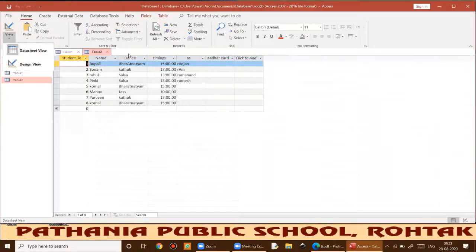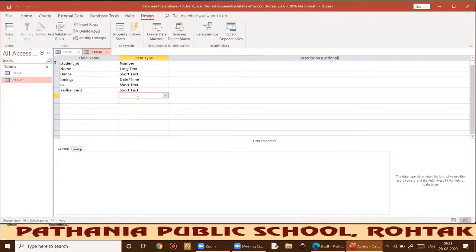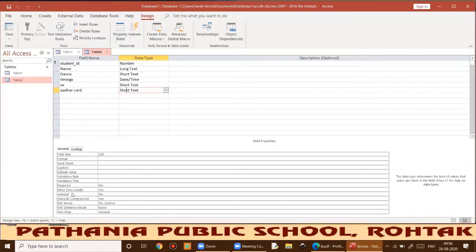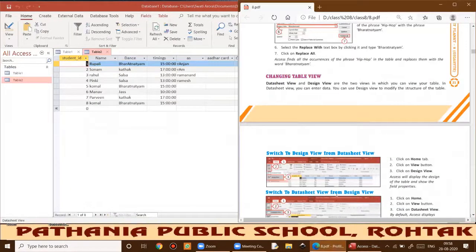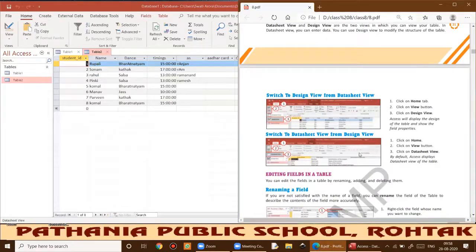Datasheet view will allow you to enter the data inside the table and make modifications in that table, and design view will help you to set the format, or we can say layout, of the particular field, and it will also allow you to set its properties and give a description. Especially the properties and the description are available in your design view. So I'm switching back to my datasheet view. Okay, so switching between views is clear to you.